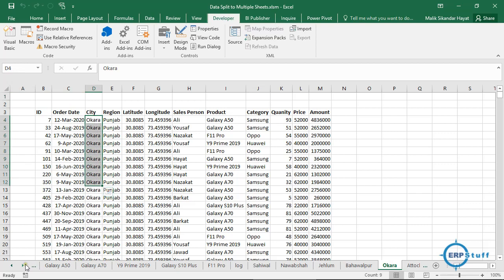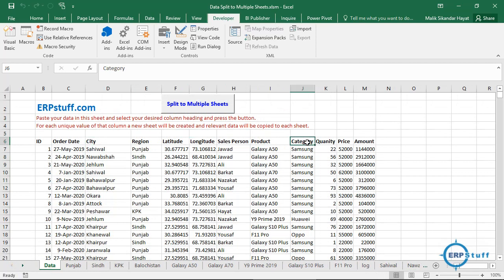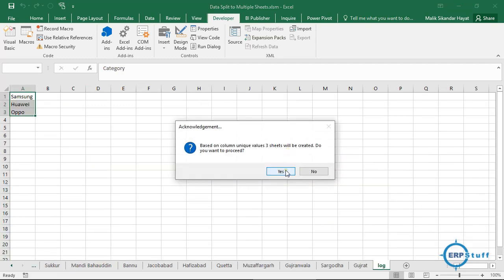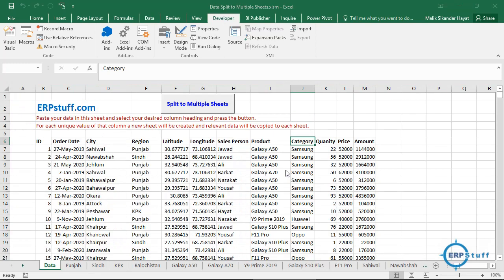So if I want, let's say for example on category, I can still do it over here. Let's see how many categories there are. 3. So yes, right.